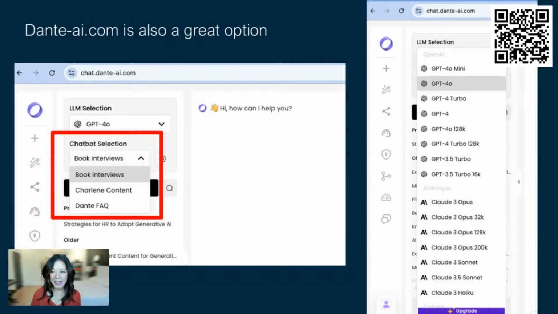And this is from dante-ai.com. What I really like about it is that it's completely private and custom to me. I have done this with the other ones, but I find Dante really good at this for one reason. I've uploaded all my book interviews into Dante. I have it in the other ones, and it just doesn't work as well, because I can choose the different engines that I want to use on the right-hand side